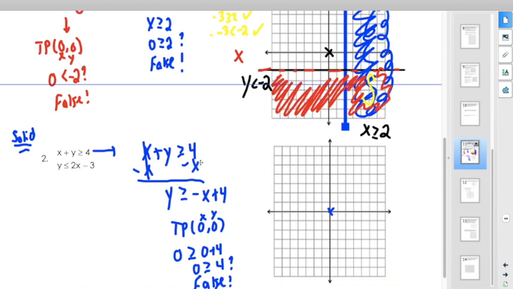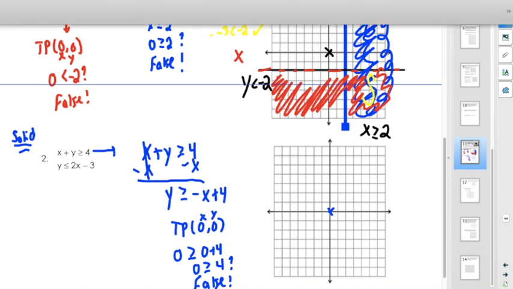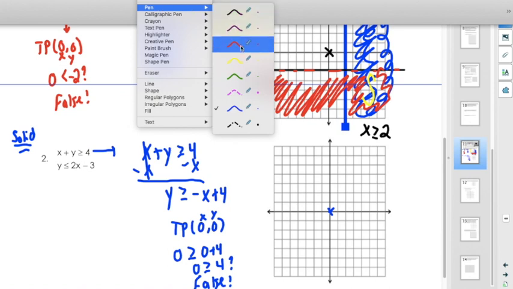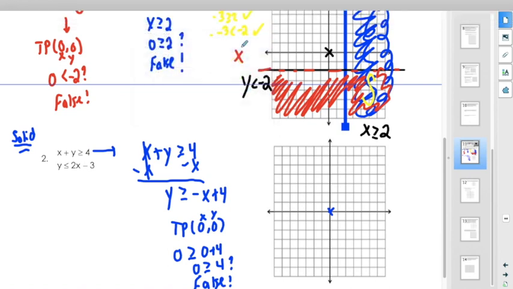Okay, so that's cool. Let's find the other inequality. That way we can graph them both at the same time. Oh, look at that. Y is already by itself. Y is less than or equal to 2x minus 3. That's awesome, saving me some work. But I still want to try my test point